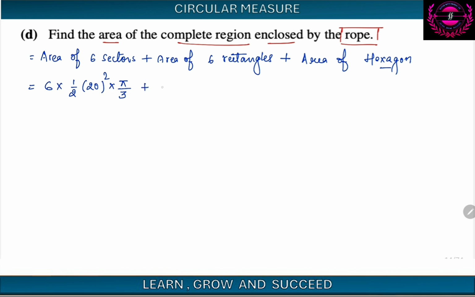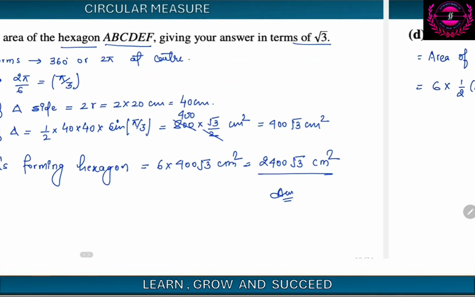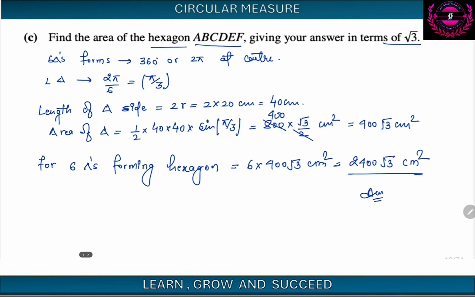The area of 6 rectangles means 6 into length into breadth. Length was 2r, and breadth is the radius only, so 20. This is 6 into the area of the rectangle, plus the area of the hexagon, which we have already calculated, which is 2400 root 3